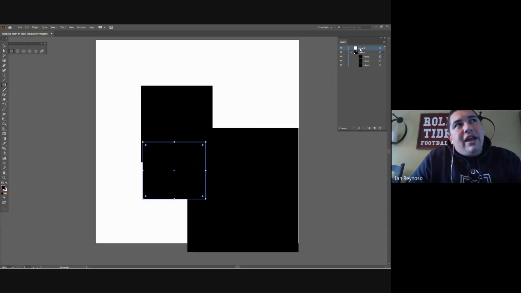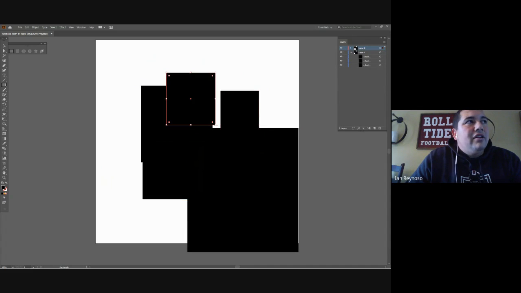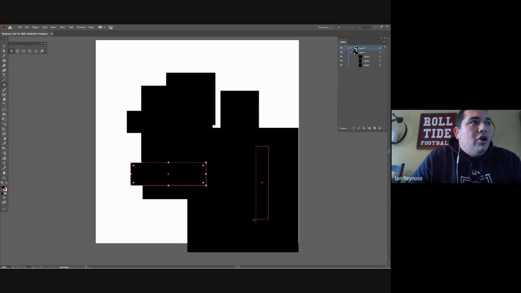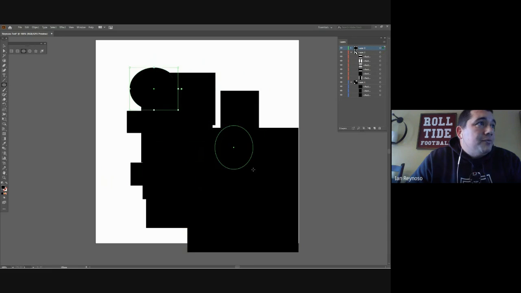I have layer 2 now, but layer 2 is red. And the shape that I make is red. The purpose of that is to make sure that we can know what shapes are on what layers. Again, this is adding all these little drop shapes in my layer 2. And if I press a new layer again, this one's green. So I'll go with my ovals again. Now I have all of these that are green